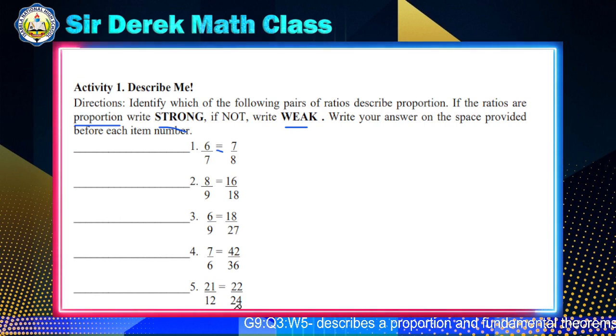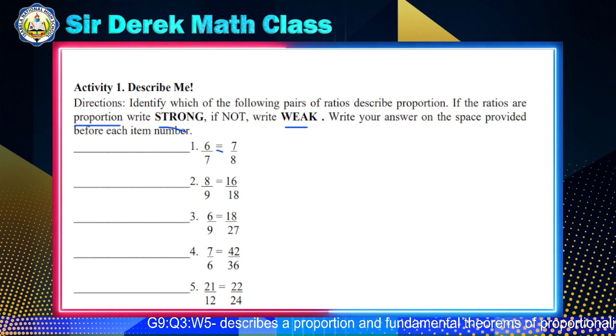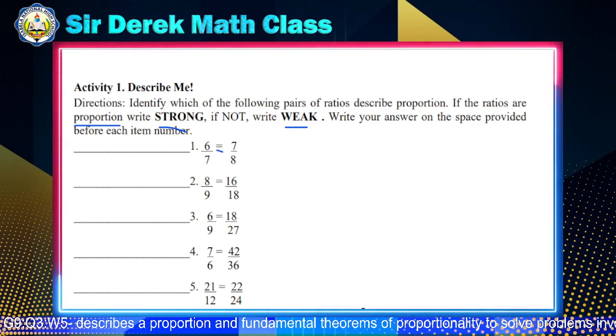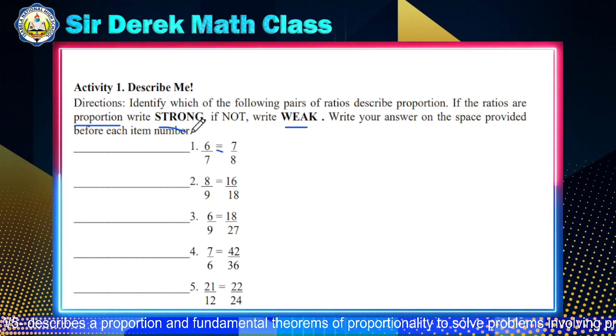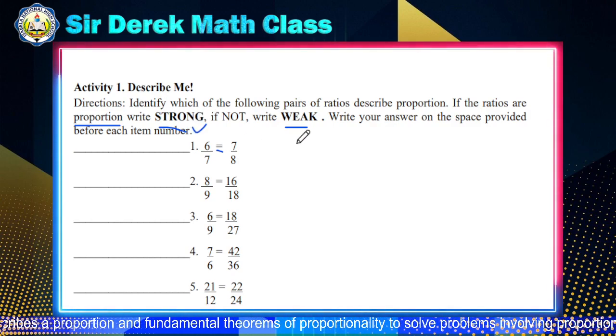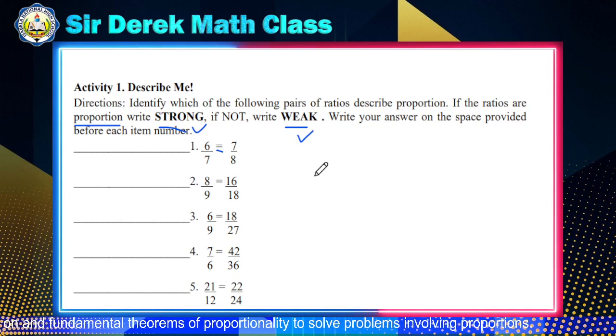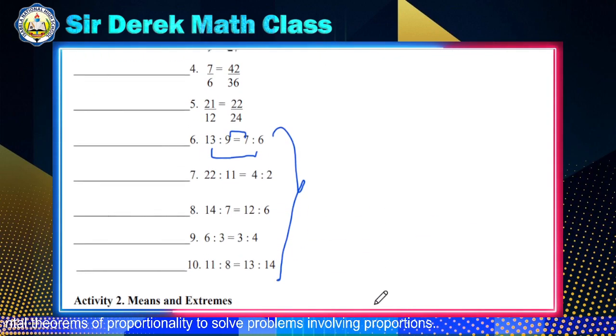So if you multiply the means and if you multiply also the extremes, are the products equal? Ayun ang tanong natin. Kung equal, then that is strong. If weak, meaning that the two ratios do not form a proportion. So in activity